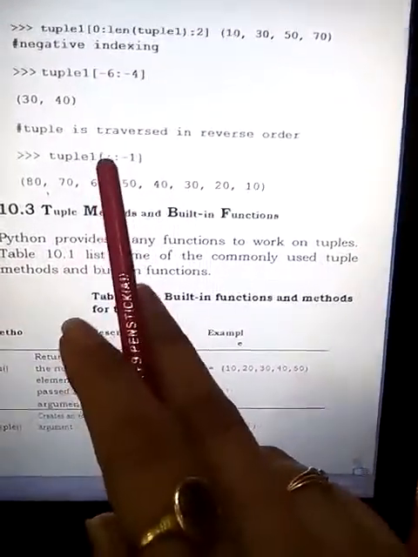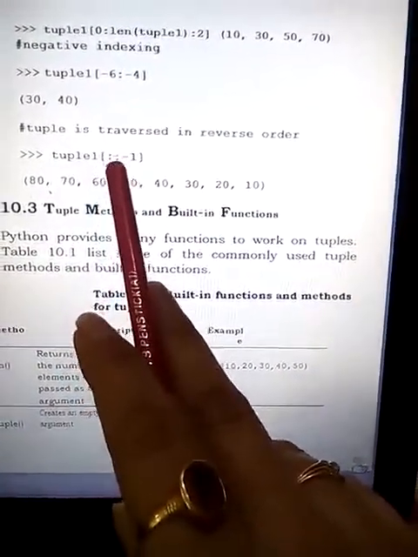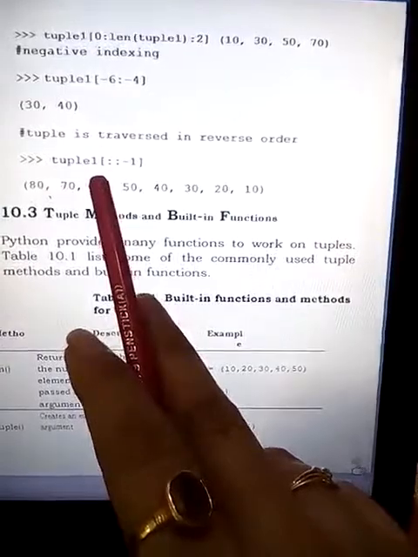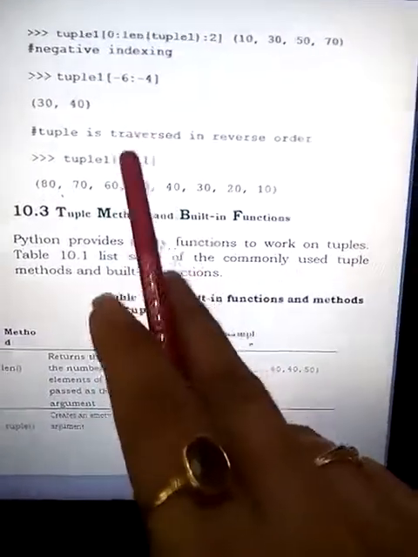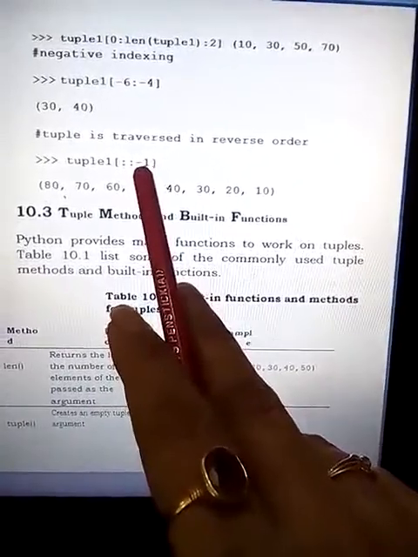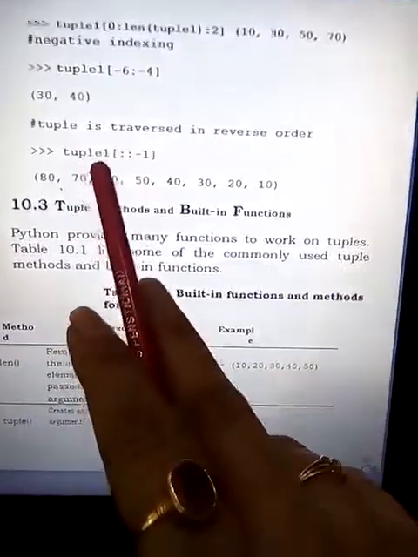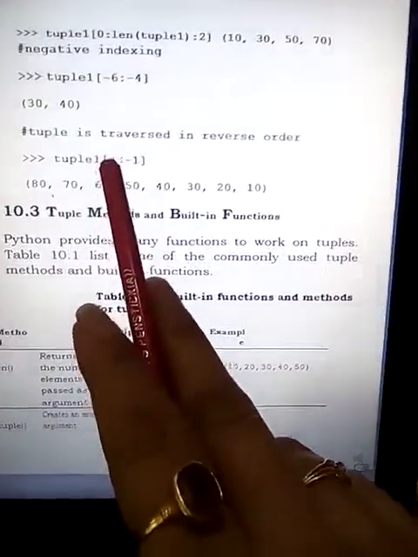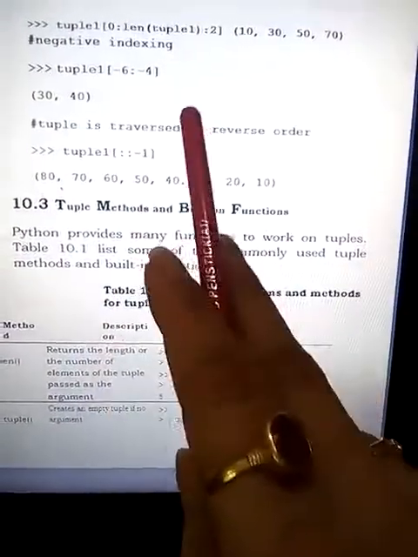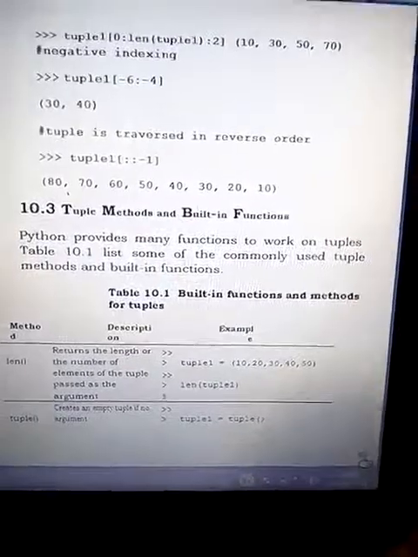Now the next one is, if we don't pass any starting or ending limits or indexing, by default it would take, because we are passing -1 as the stepping value, indexing starting from the reverse order, that means minus of length, and it would be minus of 1.